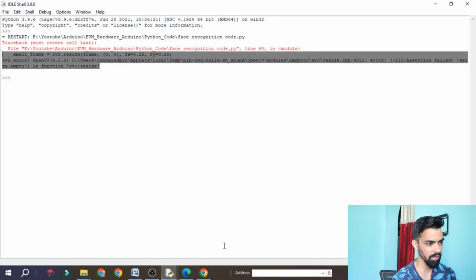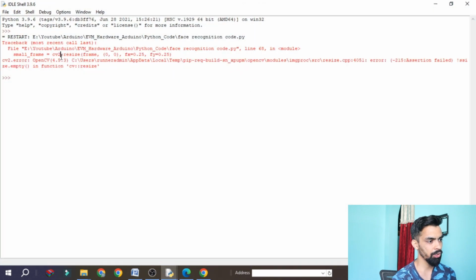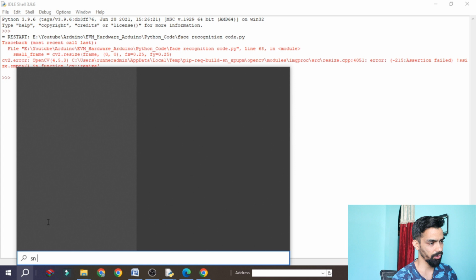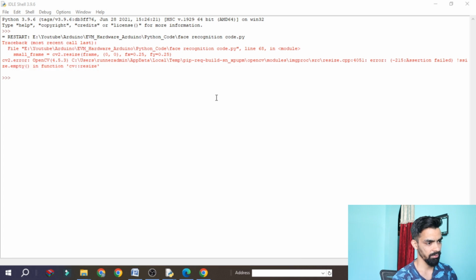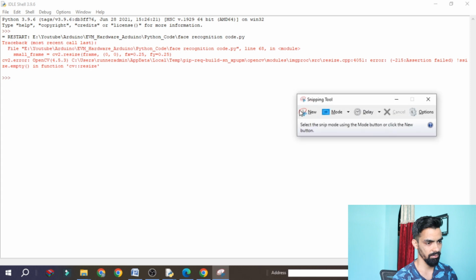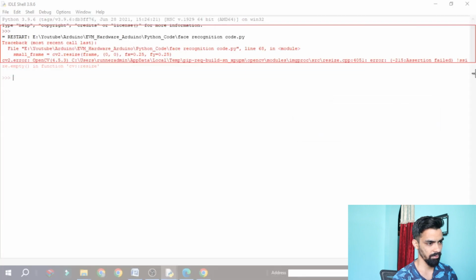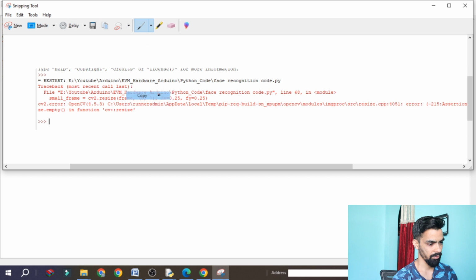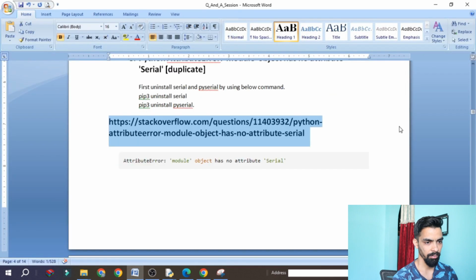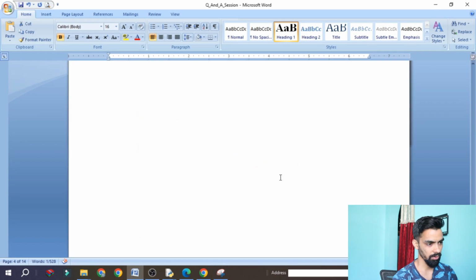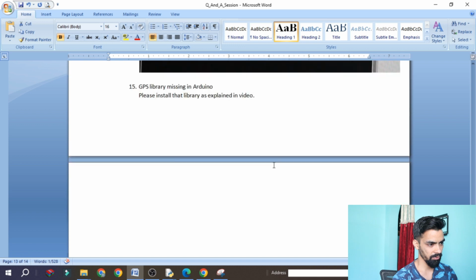If you are getting this type of error, like cv2 resize something, I will take a screenshot of this so that we can add this point into that sheet. Many students are facing this error too. So let's add 15, 16.